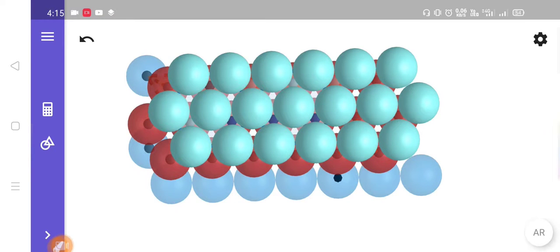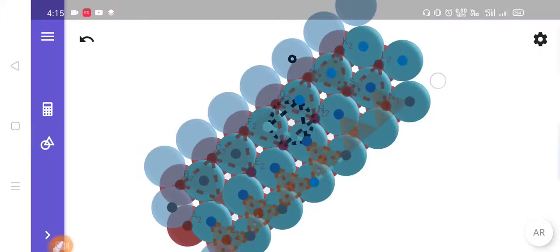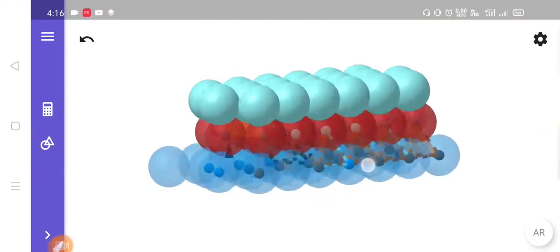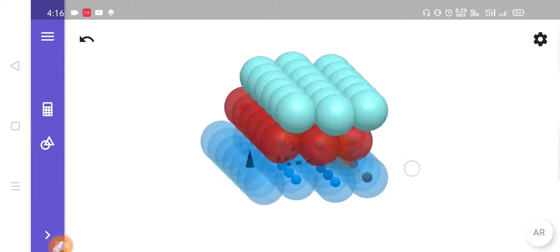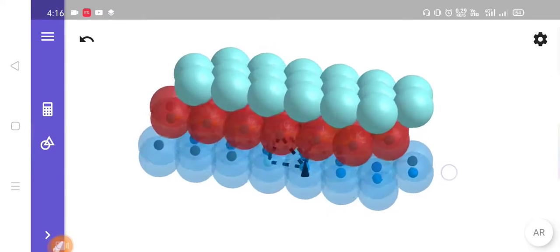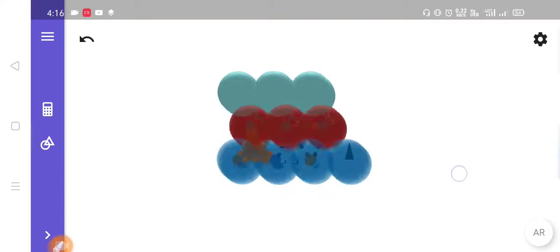Now here we have three different hexagonal two-dimensional layers stacked on top of each other. We already discussed the two-layer formation, and the bottom two layers are exactly aligned as mentioned previously, and we placed the third layer on top of it.